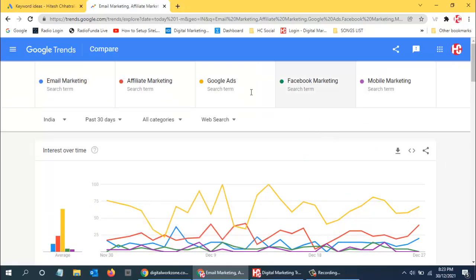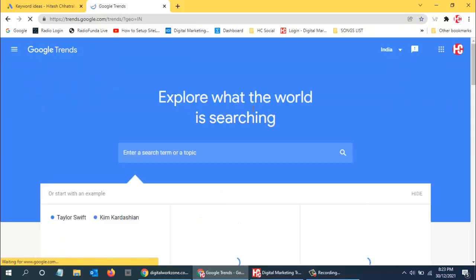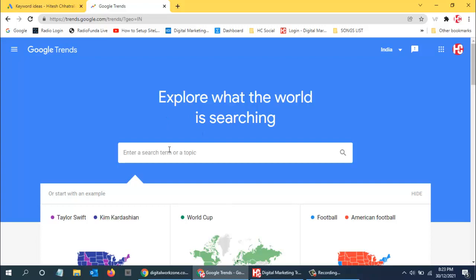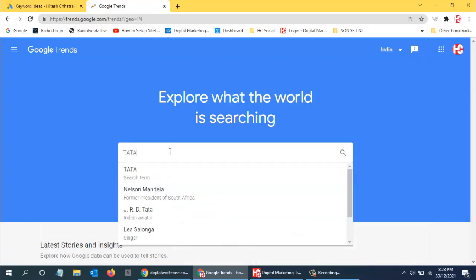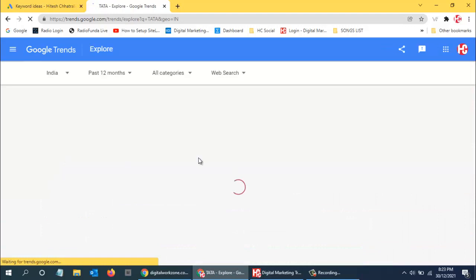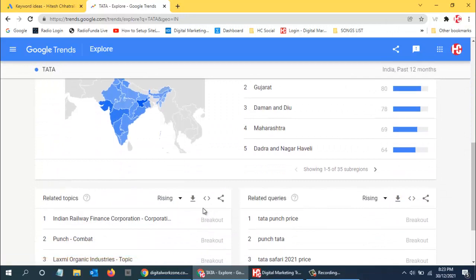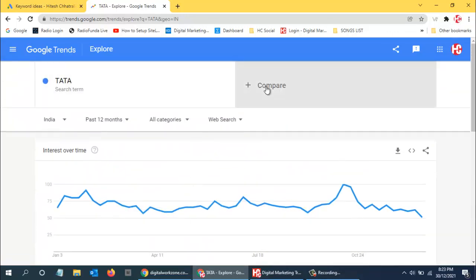Now it is not necessary that I type in keywords over here. I can type anything. If I just want to add the names of companies and know what people are searching, which company people are searching, say if you want to buy stocks of some companies and want to know which is more popular, then you can get to see. So first of all, I'll add Tata over here. So I get to see Tata. And we will add one more. We will add Reliance.